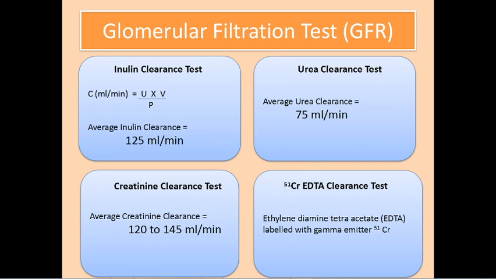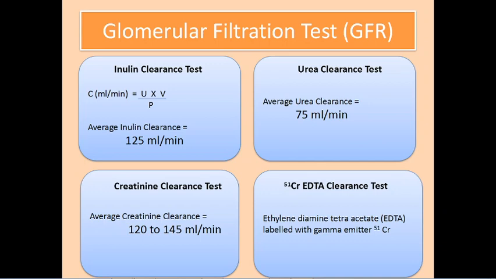It is practically more convenient to determine the clearance of a substance already present in blood than one that is injected intravenously, like inulin or mannitol. For this reason, the endogenous creatinine clearance test is performed over the inulin clearance test, because creatinine is a substance which is already present in blood. Hence the endogenous creatinine clearance test is a routine method for determining the GFR. This test is useful for an early detection of renal function impairment.